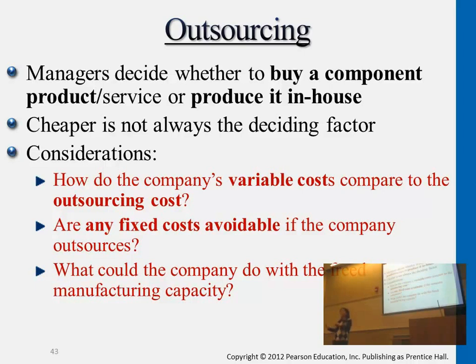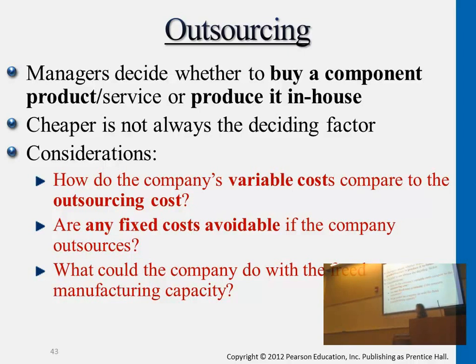It's probably not a whole product, probably just a portion of it. Some parts that are put together become finished products, perhaps not exactly an entire bicycle, probably just a portion of it, the wheels. So how do they decide whether to purchase it or to produce it? Of course, what is the variable cost incurred when we actually produce it, and also fixed cost? But what about purchasing? What's the price that we're paying?